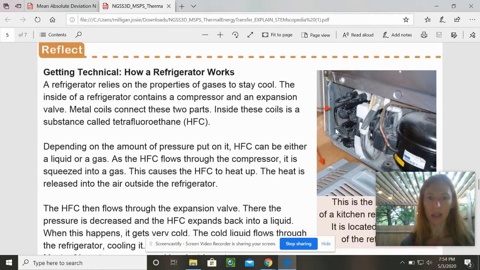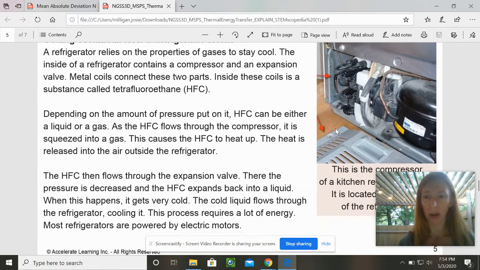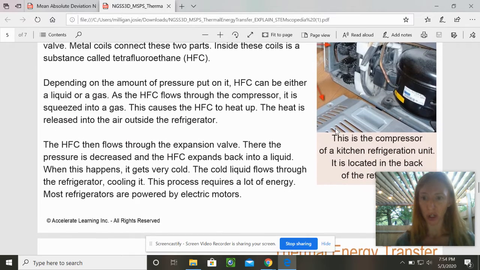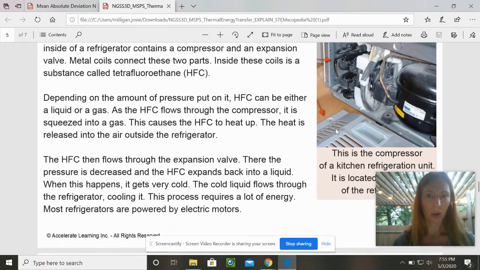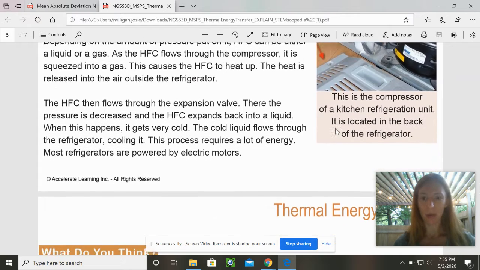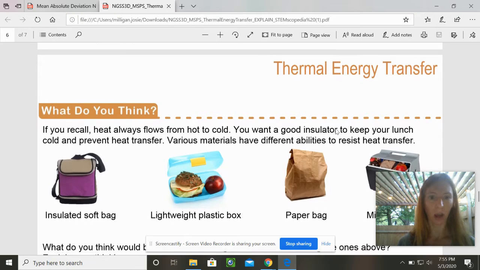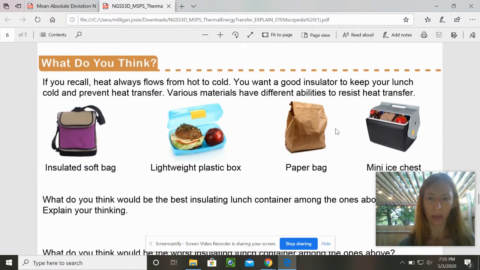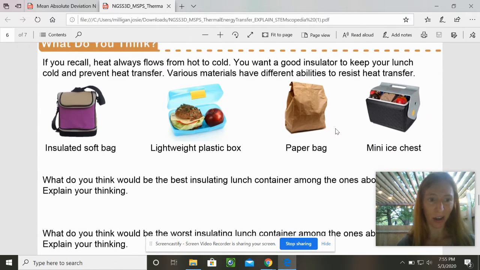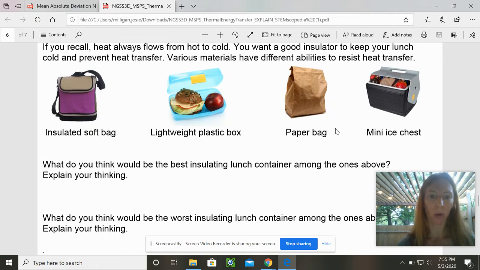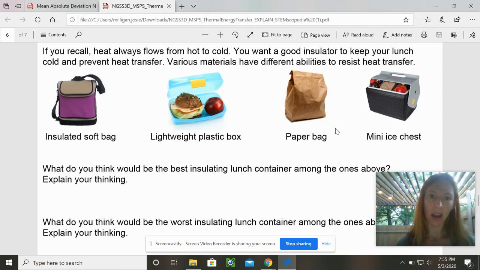So this is a backside of a refrigerator. I thought that would be a really cool experiment to do to explore the compressor at the bottom of the fridge. So this is some information on that with that heating and cooling mechanism, and that's a real world connection of thermal energy transfer. Then there's some other things on what do you think is the best insulator. So we've got a soft bag, we've got a lightweight plastic box, we've got a paper bag or a mini ice chest. I want you to think about which one would be the best one to keep your food cold or at least maybe keep it